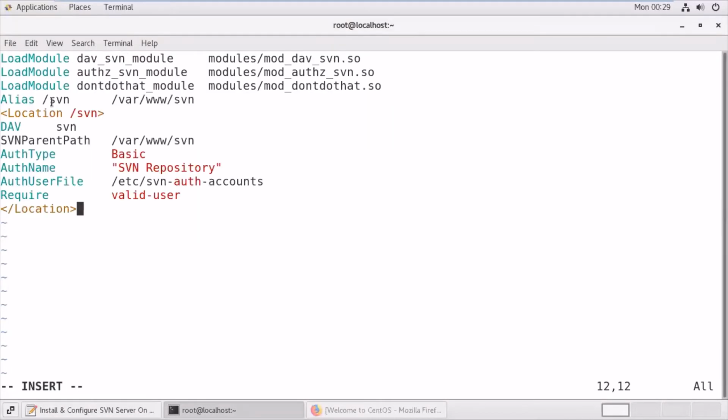This basically says what the location of the repository will be. Generally, under the Apache web server where www is already present, we are going to create an SVN folder under that, which we will do in the next step. Here we are specifying that this will be our SVN repository, and we are also defining the authentication mechanism. So basically we are defining the location.